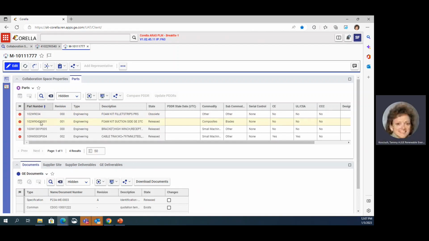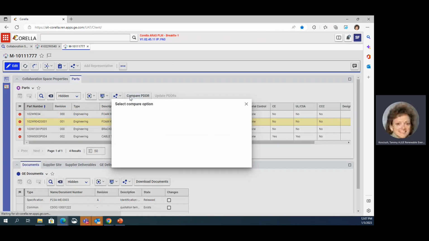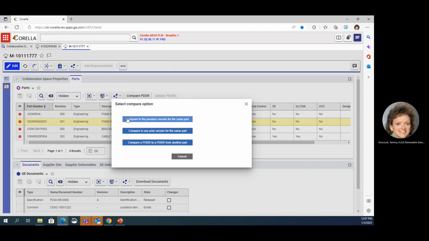So to compare, you can do a highlight and click compare. There are 3 different options to compare part definition. You can compare it to the previous version of the same part. And when we say version, it's not revision specific, because within a revision, you can still have small changes, but it's the prior version. You can do any prior version of the same part, which includes revisions. Okay, so I can compare Rev 0 or Rev 1 to Rev 0,